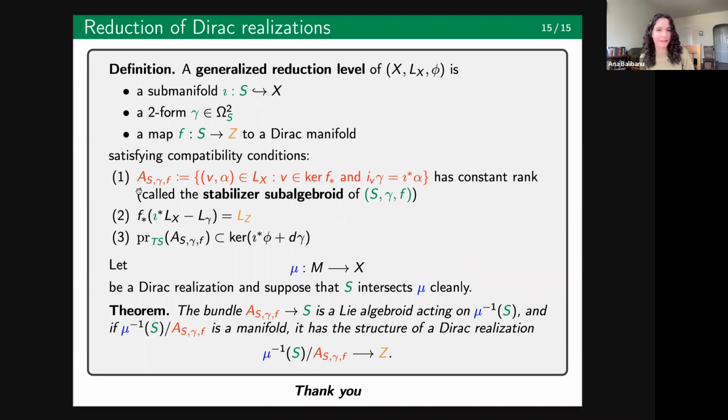Sorry, I can make a comment about that. We're also wondering how to interpret the fusion product in this Dirac setting, and we don't really have an answer. But the quasi-Hamiltonian reduction of the fusion product at a point does appear in our paper, and we found some way to express it as a fiber product of Dirac realizations. Maxence, am I saying the right thing? Yeah, exactly.